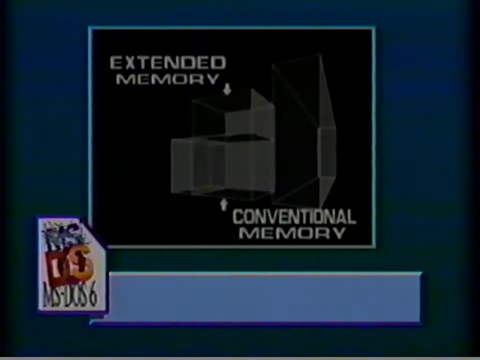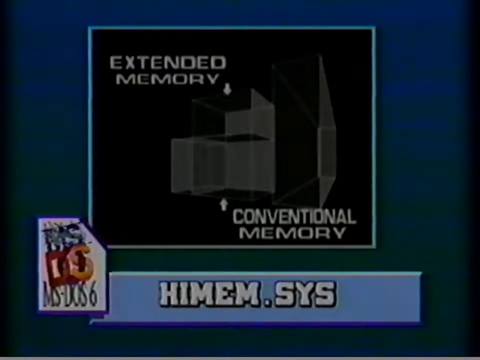MS-DOS 6.0 includes an extended memory manager program called HighMem.sys. On a computer with extended memory available, the DOS setup program installs MS-DOS in the first 64 kilobytes of extended memory. With DOS in this high memory area, more conventional memory is available for programs. Using extended memory as the habitat for DOS is a great way to relieve crowded space in the conventional memory